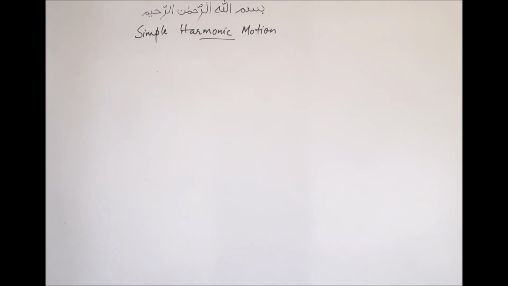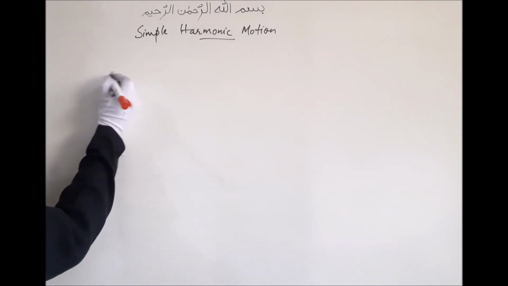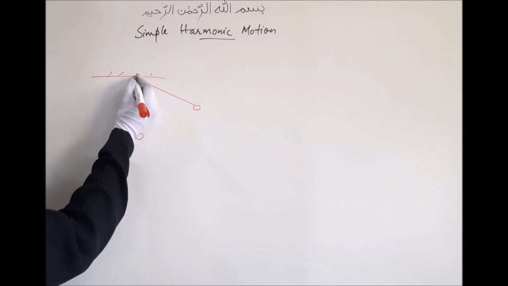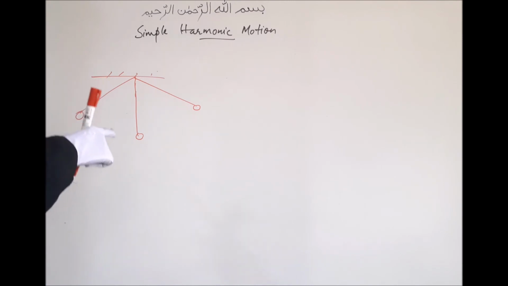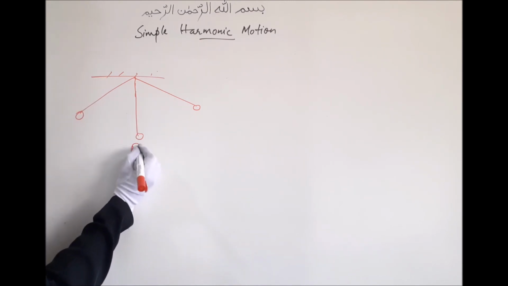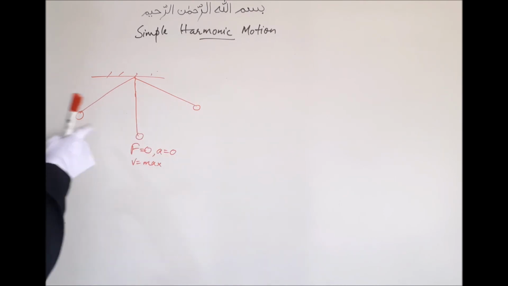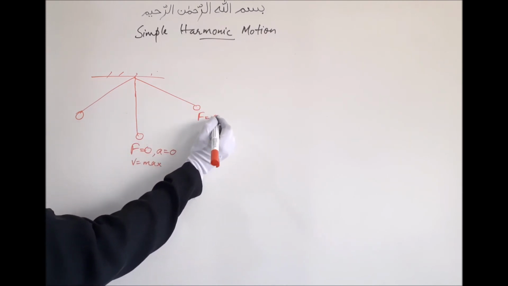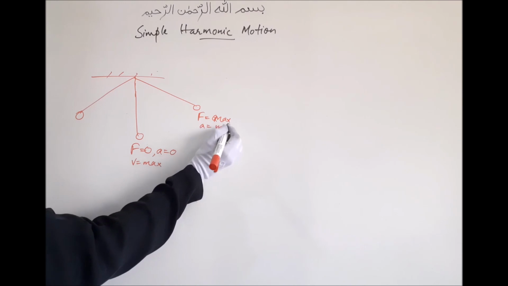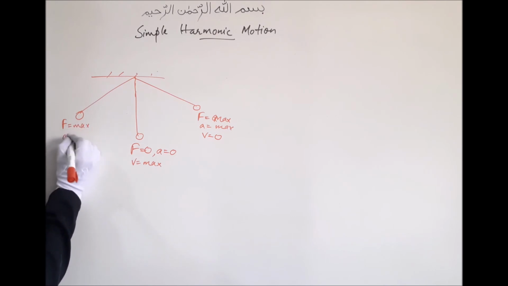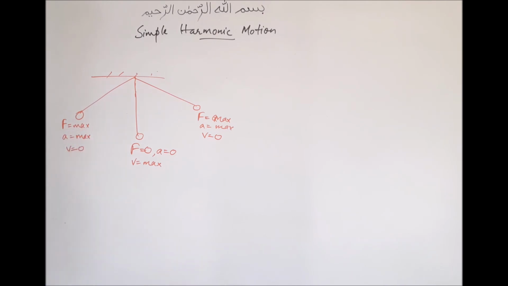So what about the values of force, velocities and accelerations for the simple pendulum and the spring mass system? So when you have a simple pendulum, if the bob is at the equilibrium position, the force is going to be 0, the acceleration is 0, but the velocity is maximum. And at the extreme positions, the force and accelerations are maximum, but the velocity is 0. And here also force is going to be maximum, acceleration is going to be maximum, and the velocity is going to be 0. Similarly, for the spring mass system,